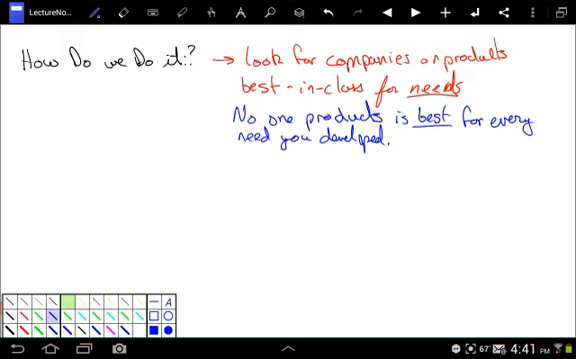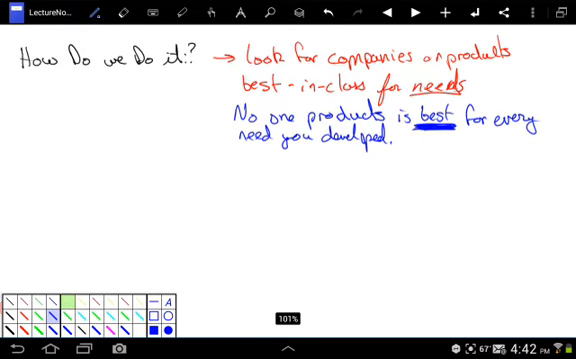it's not a scientific process, right? We try to make it as much as we can, but it's not. So sometimes you end up with compromises that you're not happy with. As a result, not every product is best for all. No one product is going to be best for every need that you have developed. So your goal is to find for every need some kind of best-in-class solution for it, right? And then for those products,